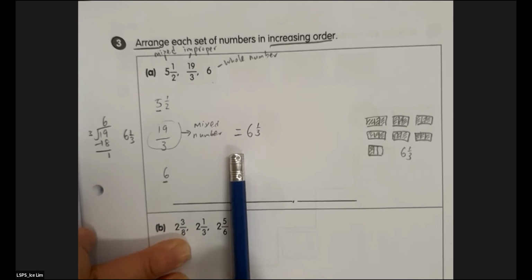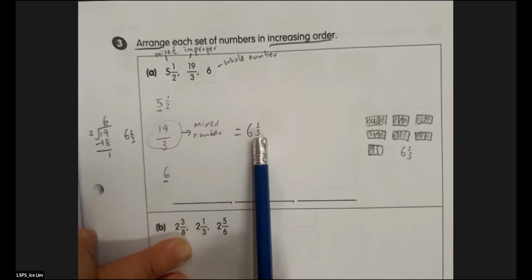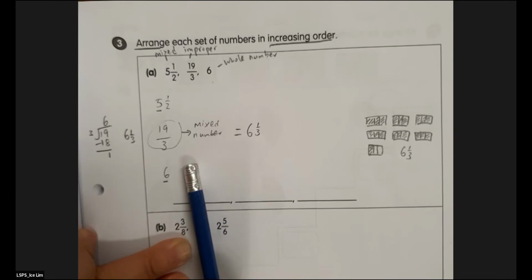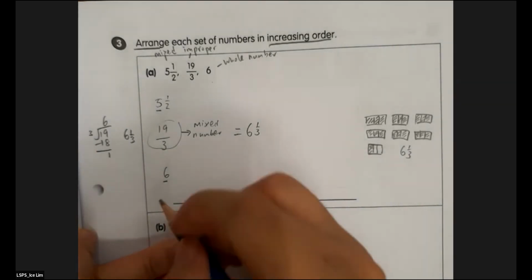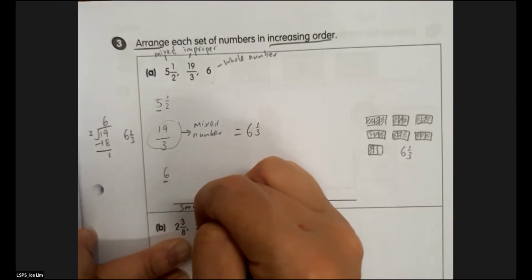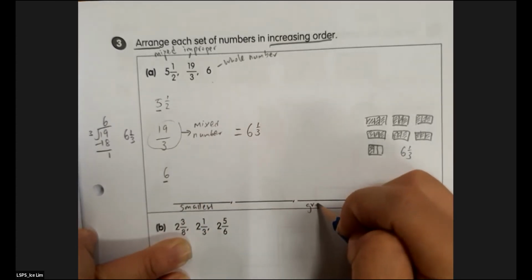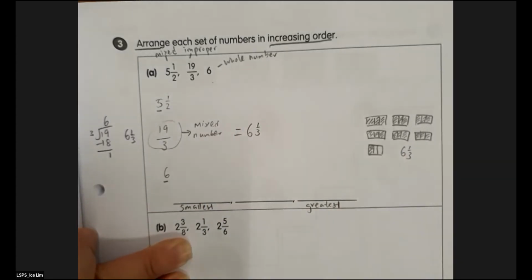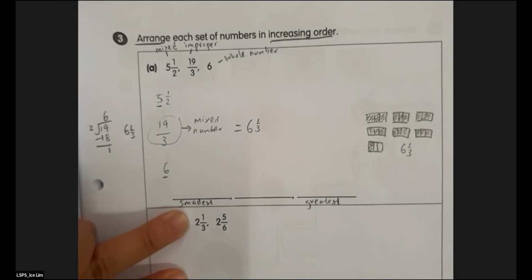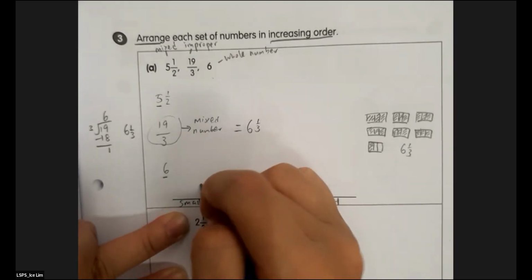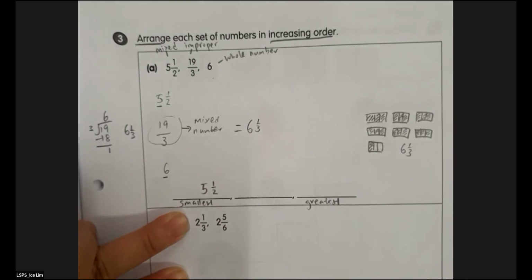Now, look at this. I have 5.5, 6 and 1/3, and 6. Can I already compare? Yeah. What does increasing mean? Yes, smallest to greatest. Increasing. All right, so the smallest should be 5.5, followed by 6, followed by,